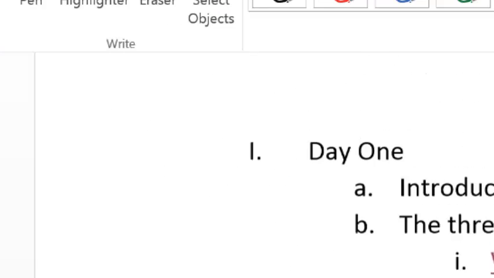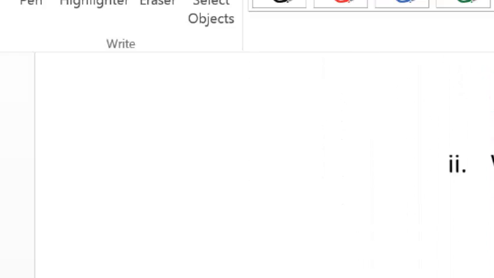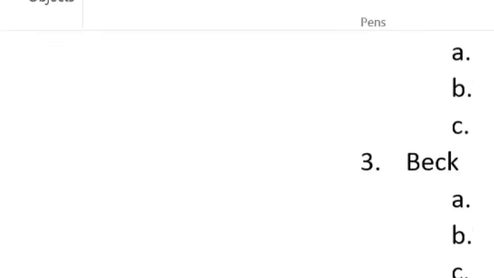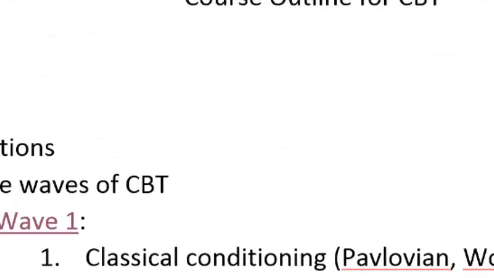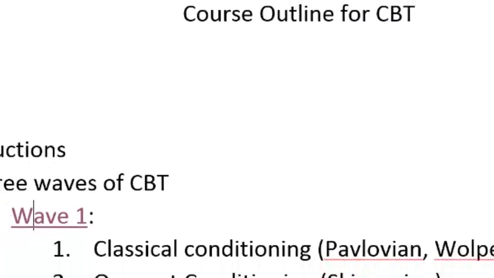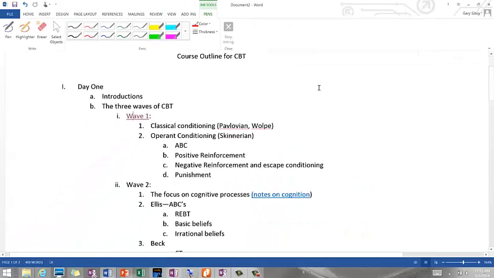We're going to work through wave one, two, and three here in the next hour and kind of shorten this lecture a little bit, but see if we can't get it online and see if you guys can get just a little bit of an introduction to some of these early concepts and how they'll ultimately play themselves out throughout the course when we think about the kind of interventions that we use today.